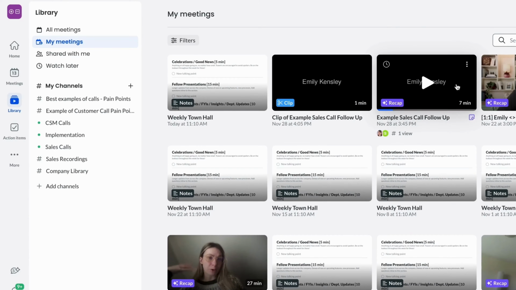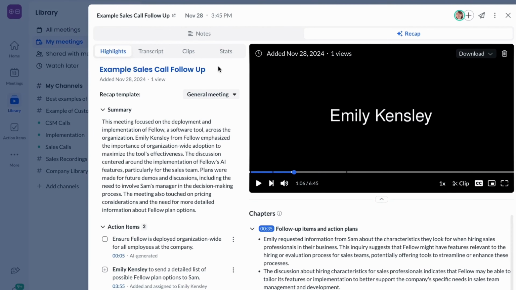Let's take a look at the security features that Fellow has in place when it comes to your meeting recap. By default, Fellow.ai is built to differentiate between small talk at the beginning of the call and the actual substance of the meeting. This means that any conversation that happens at the beginning of the call that is not related to the meeting content won't be included in the meeting summary that is sent out afterwards,